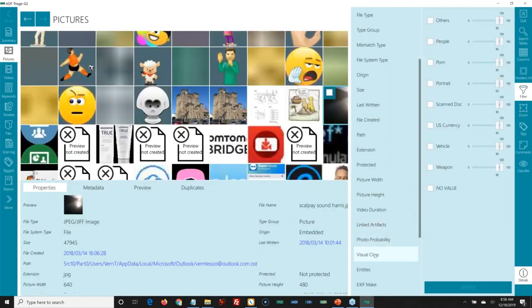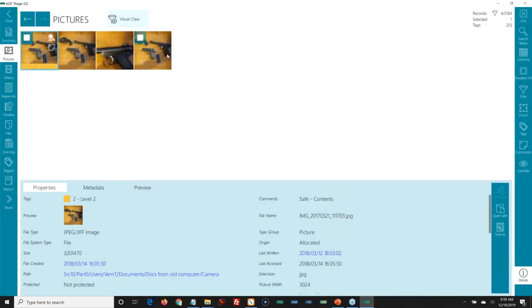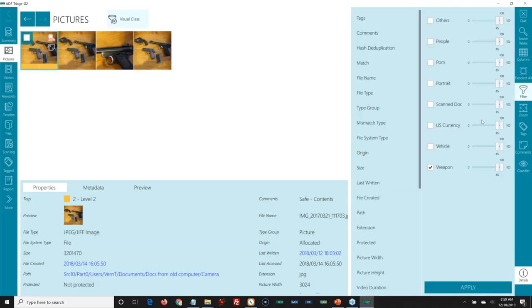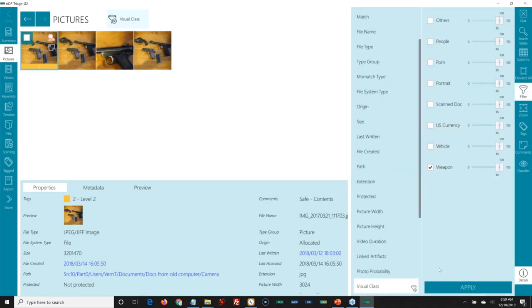Photo probability I talked about, but here's classification. The classification has been done on this already. So if I was looking for weapons, I can apply that and it will sort the pictures. It's at 85% that we have it set on. It's a high level, but you can also change those levels here if you think it may get you some more results.